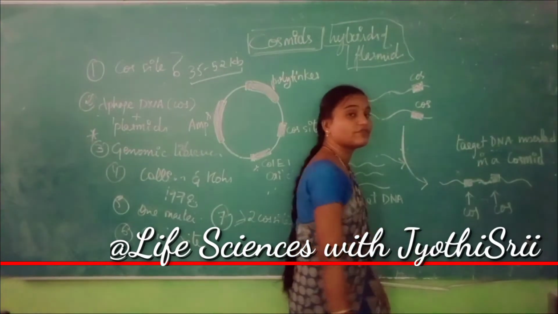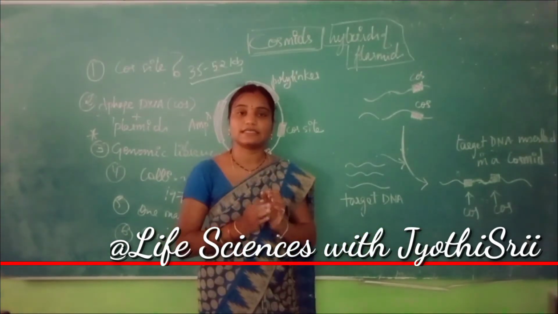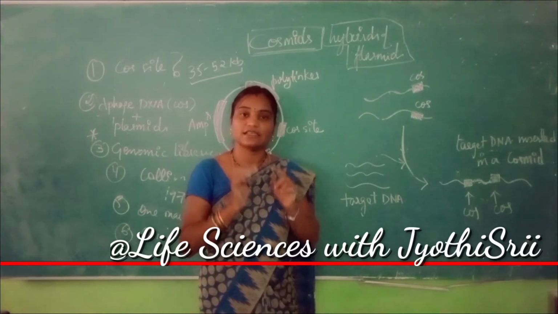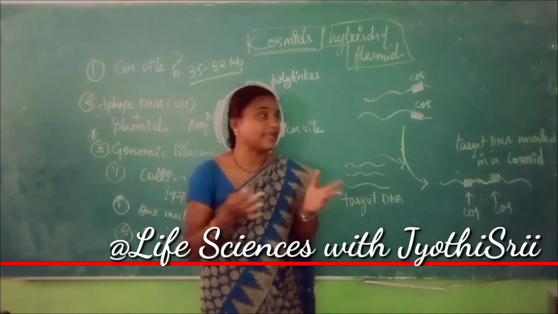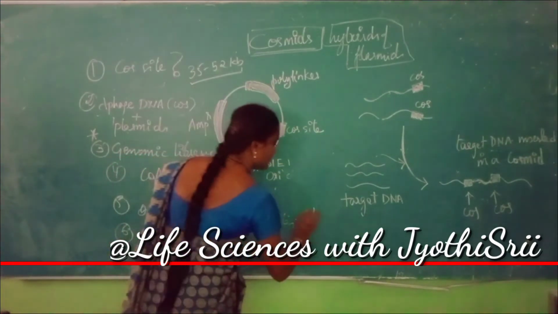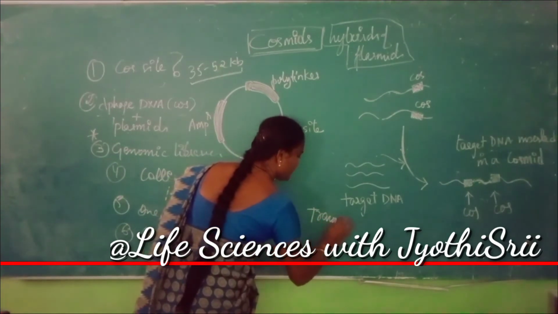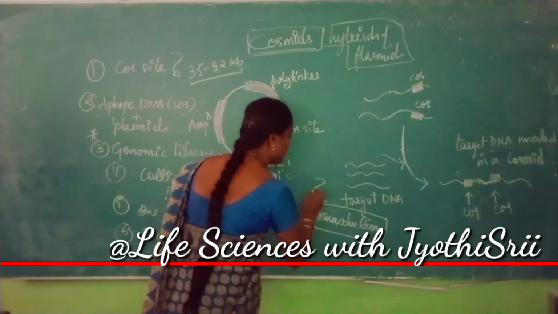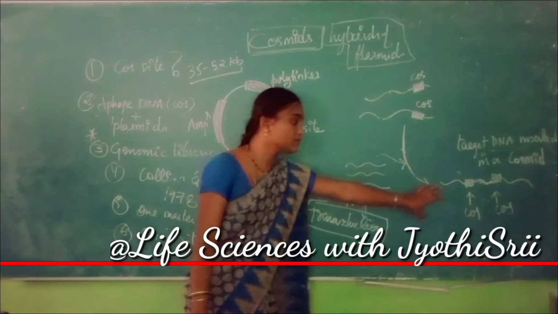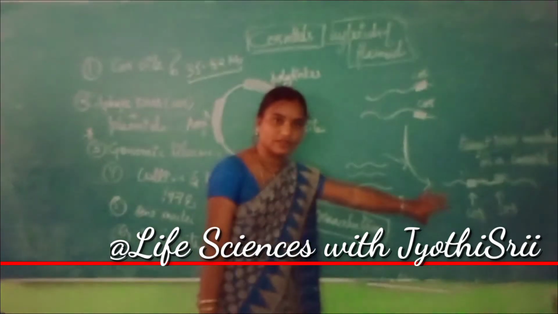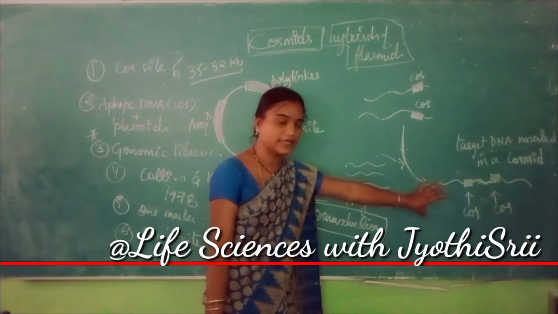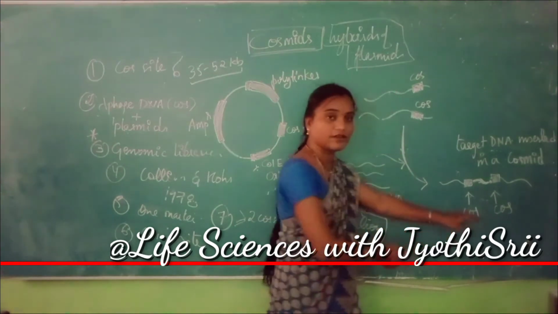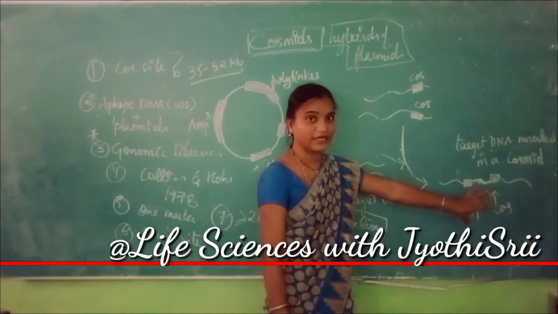So now this cosmid vector will get easily inserted into the phage head of your bacteriophage, and this lambda phage DNA molecule is left for transduction, isn't it? So what is transduction? So this is a cycle, isn't it? So this cosmid vector carries your target DNA molecule, isn't it? So this is your target DNA molecule. So this cosmid vector with the target DNA molecule is nothing but your chimeric DNA molecule, isn't it?